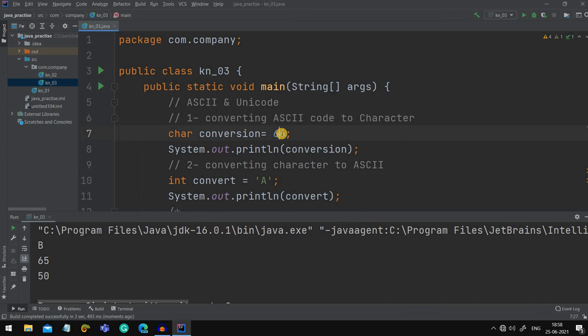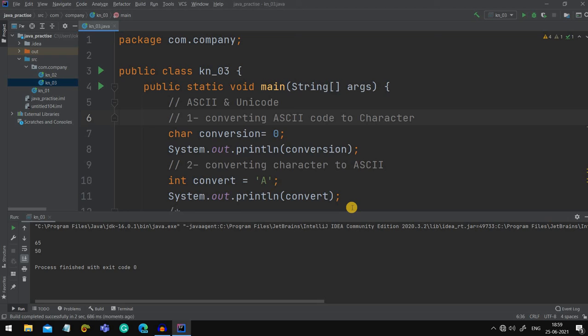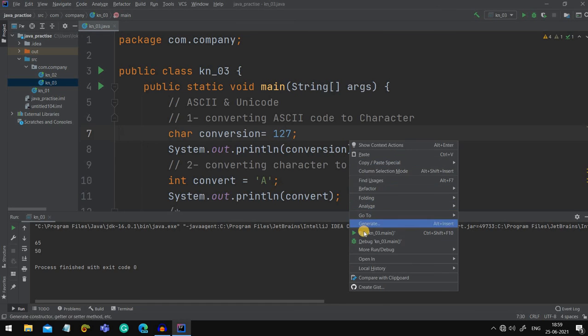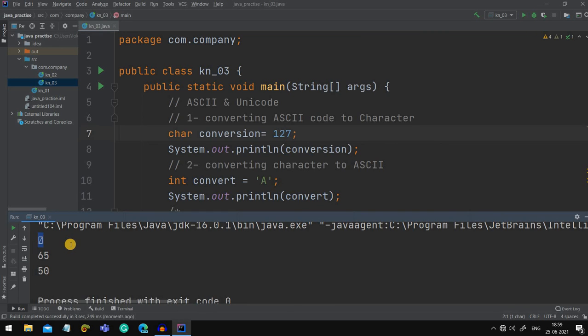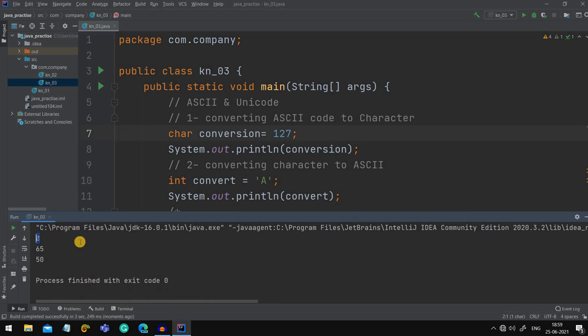So you can use anything here, but there is a particular range till where the ASCII code works. I guess it's from 0 to 127. Let's see what 0 gives. From 0 to 127 it is, so after 127 it will show error. Oh, 0 is the blank space. Okay, let's write 127 and see the output. Now 127 is a particular symbol. I don't know which symbol it is, but it's a symbol.